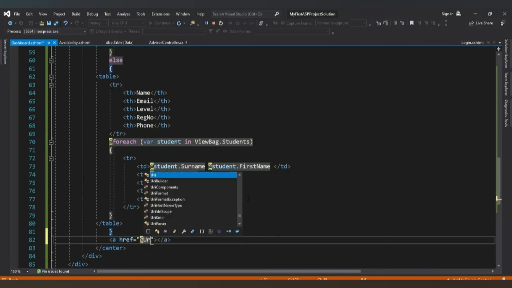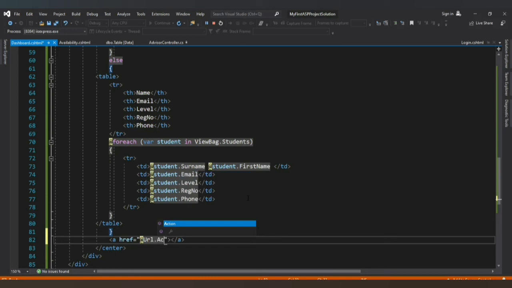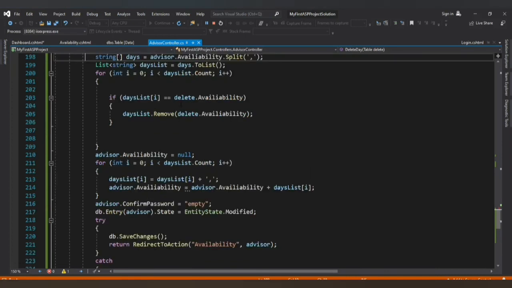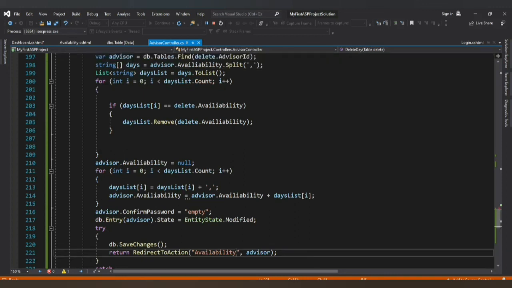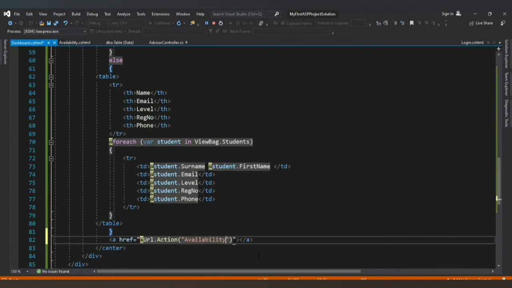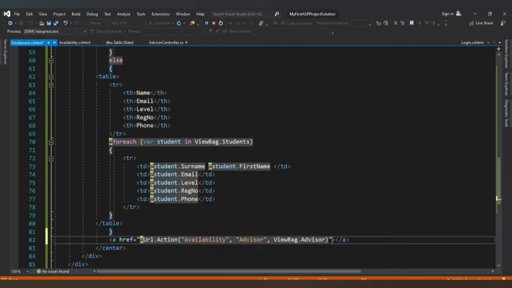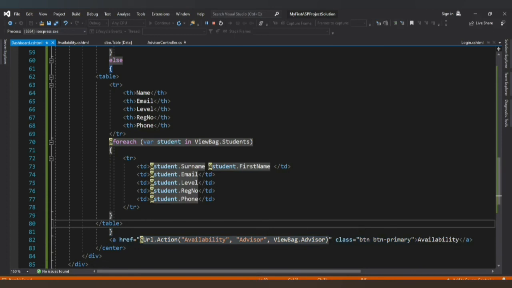URL dot action bracket, always the spelling problem, yeah, so this, Control C, Control this, advisor, then view bag dot advisor class btn primary, and this will be availability, and yeah,